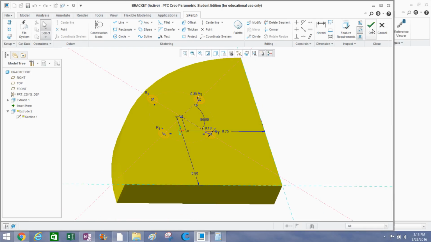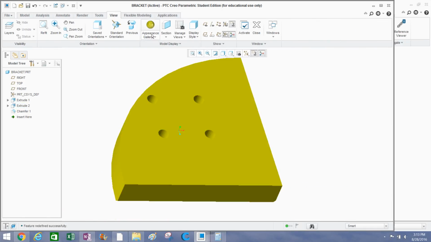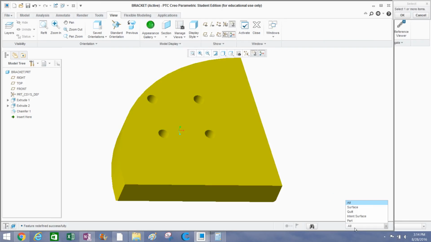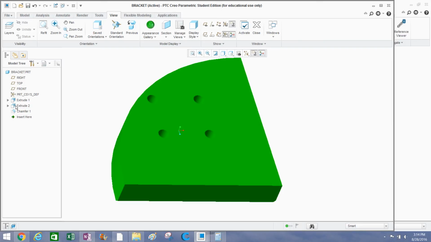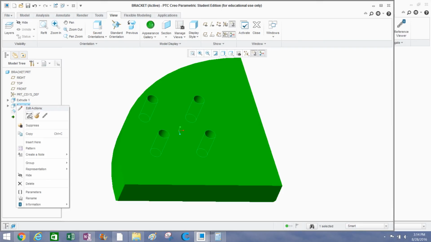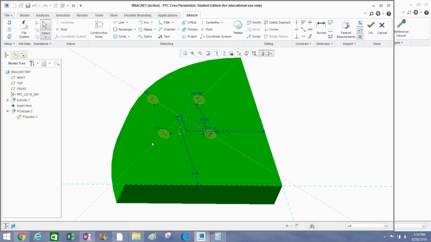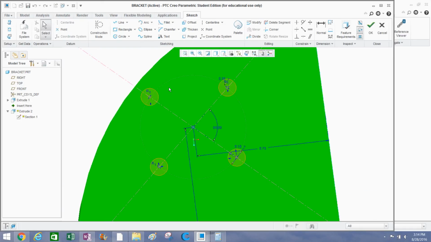So let me try one more color. Maybe we can try something else. See if we can get luck with green. I kind of want you to see this. It's pretty important. There we go. You can sort of see that now. So here's the circle they're created on. And in case you're curious how I did this,